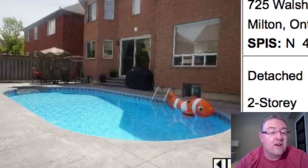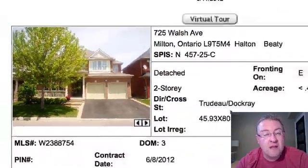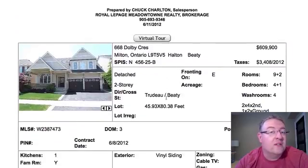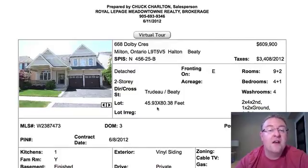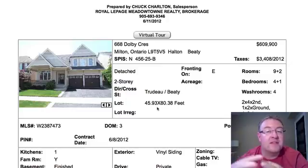Walsh is very, very quiet, and based on what the other models like this one have sold for, they're in a great spot. They're basically not making any money on the pool, really, which is something that we talk about a lot, is that with pools, you're lucky if you get 20 cents on the dollar for them as a return,